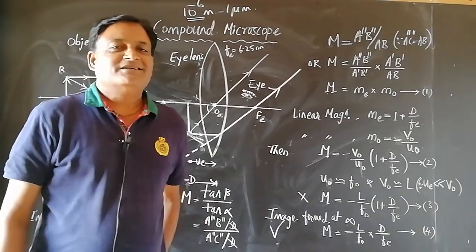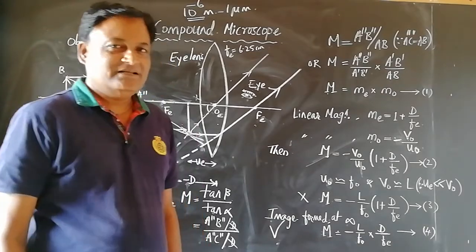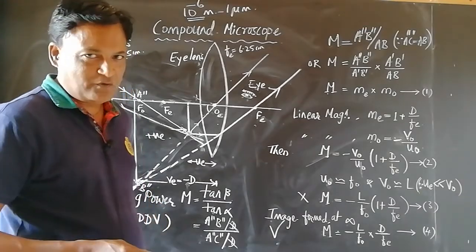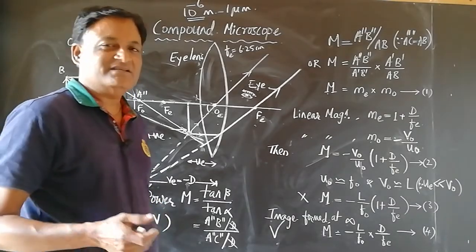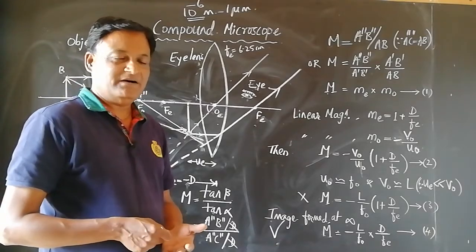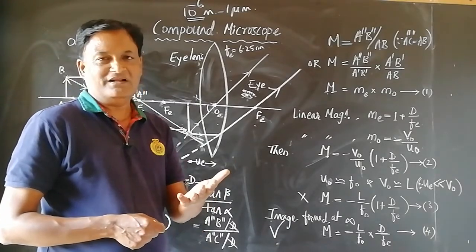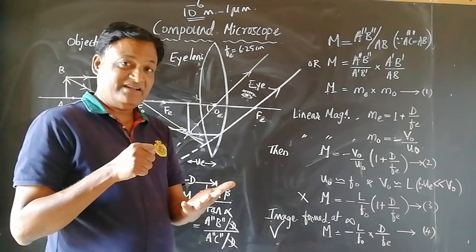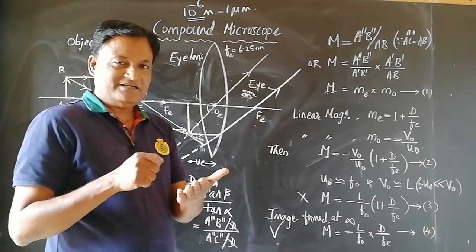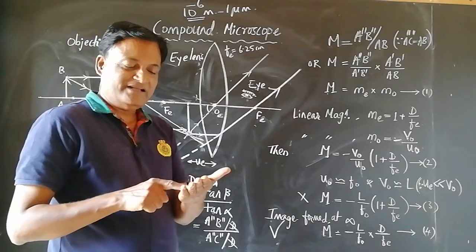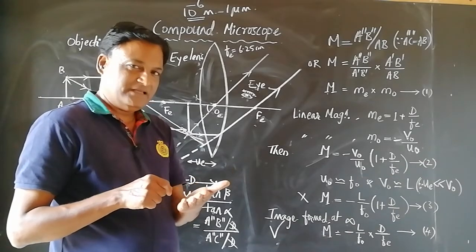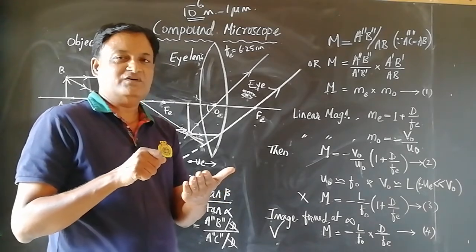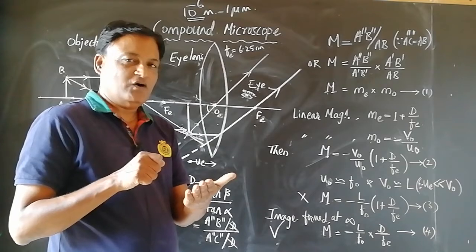Good morning, students. In the previous class, we discussed the simple microscope and defined the angular magnification or the magnifying power of a simple microscope. These simple microscopes are made use of by palmists. Palmists are the ones who see the lines on your palms through the magnifying glass. They adjust their hand in such a way that the lines of the hand fall in between the principal focus and the optic center of the magnifying lens or the convex lens. Thereby, they happen to see the enlarged image of the object.